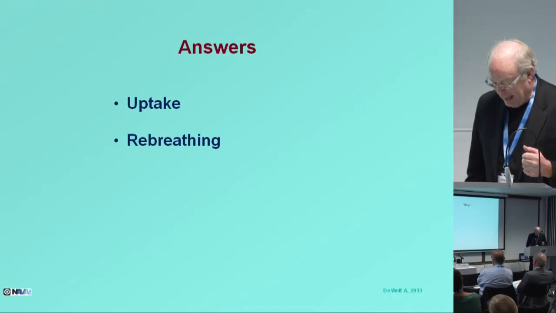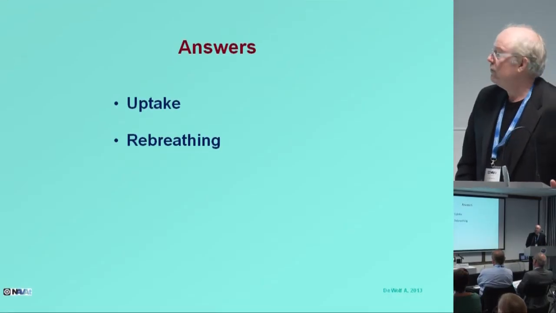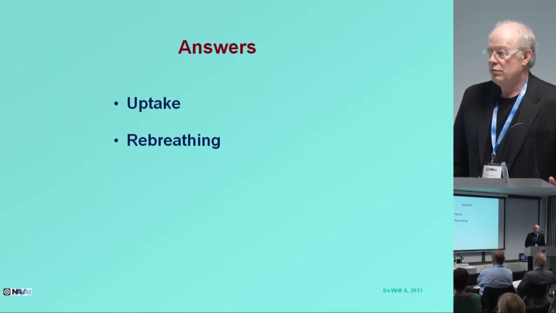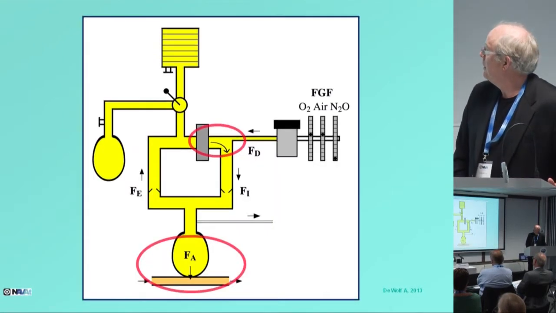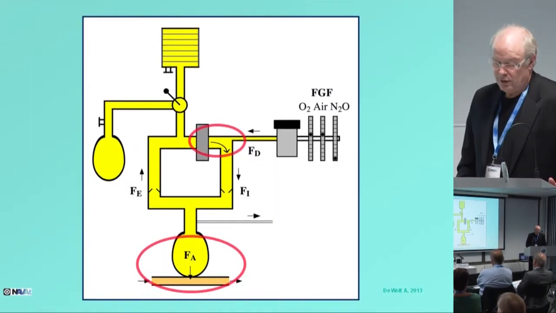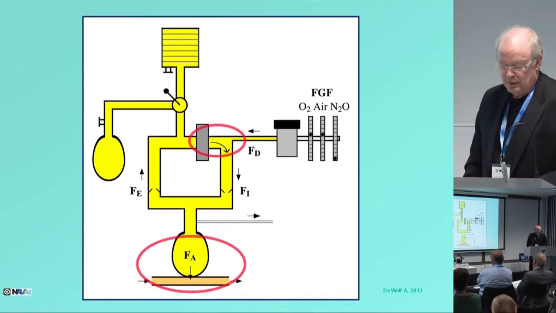Again, these slides will be available to you so you can look at these questions and these observations in more detail. But I'm going to give you the quick answer. Why do we make these observations? It's because of uptake and rebreathing. This is our anesthesia circle system. And